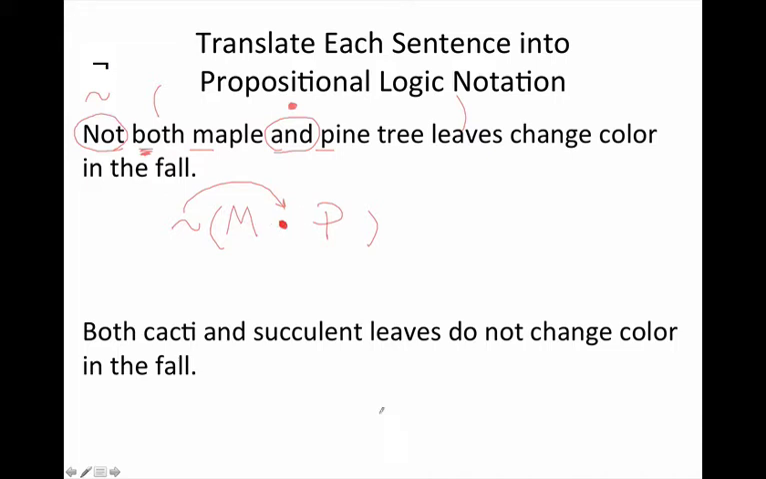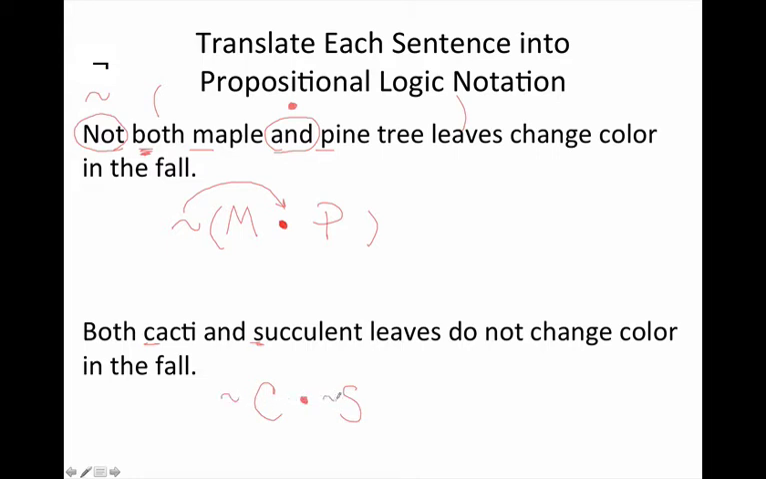Okay, next one. This time, let's find our simple sentences. So we have cacti, leaves change color in the fall. Notice how I sort of stumbled as I'm looking at what I'm given. I ignore the conjunction, I ignore the negation. So I have C for cacti, leaves change color in the fall. And then I'll use S for succulent leaves change color in the fall. Now notice what we're being told. We're being told that both do not. So we say both